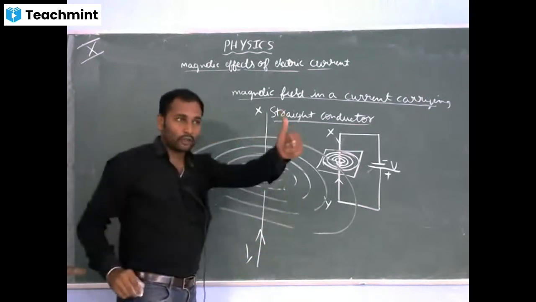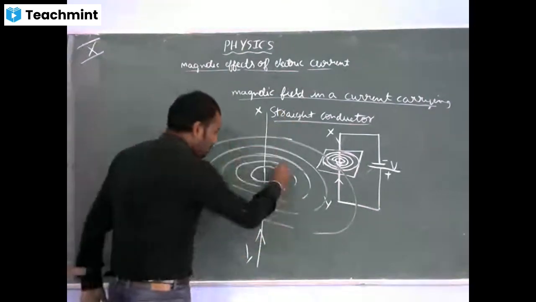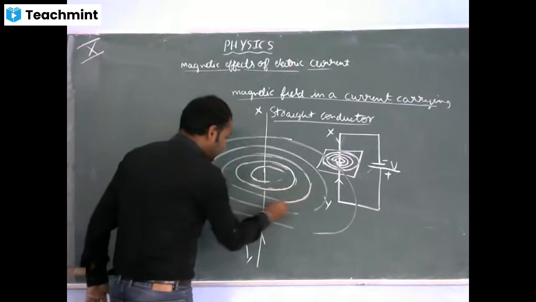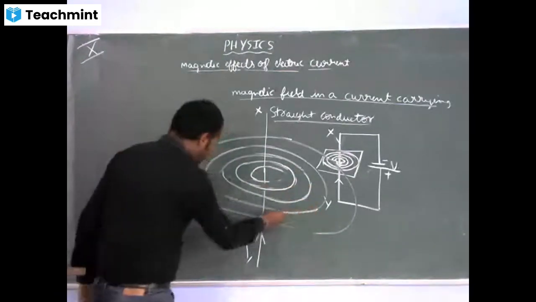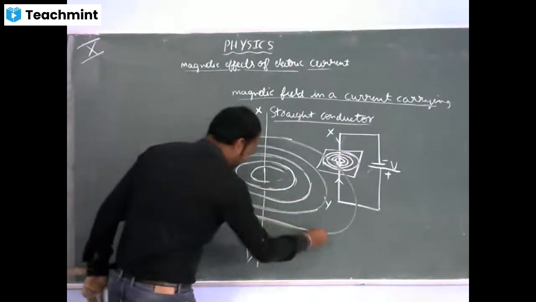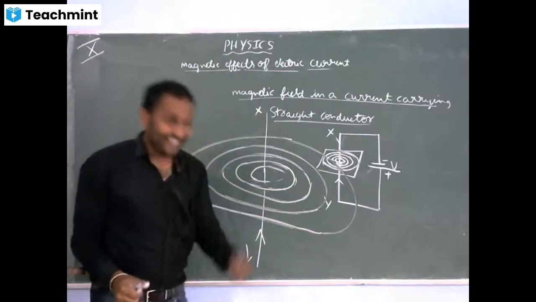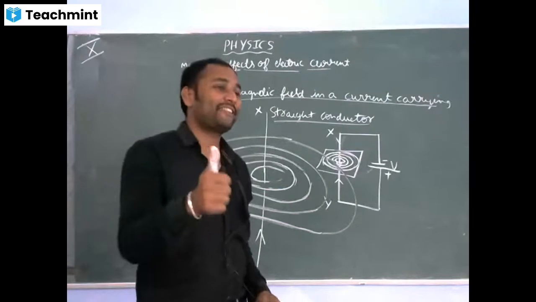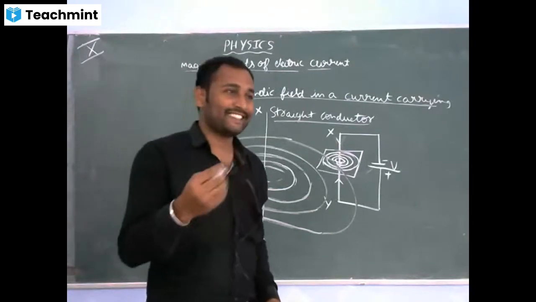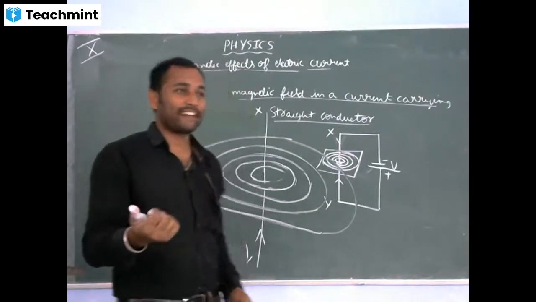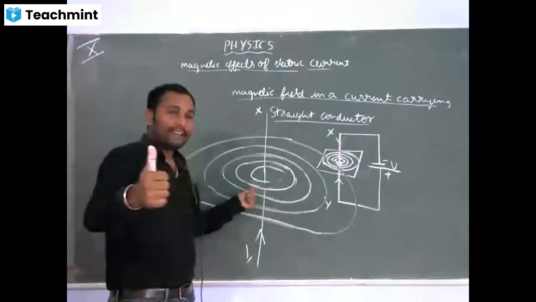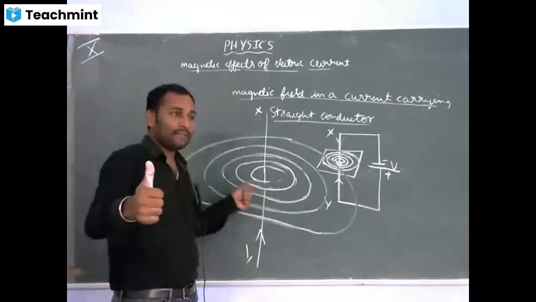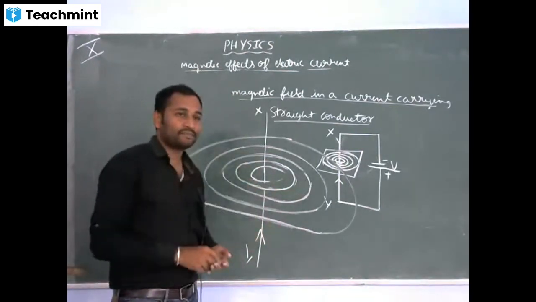So I am showing left hand, sorry. I am using chalk, so I am showing left hand. We will use right hand to determine the direction of magnetic field lines, not to eat. For eating also we will use right hand, right? So with the help of this, now can you show me the direction of magnetic field in the diagram?